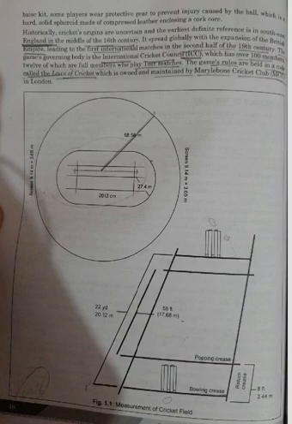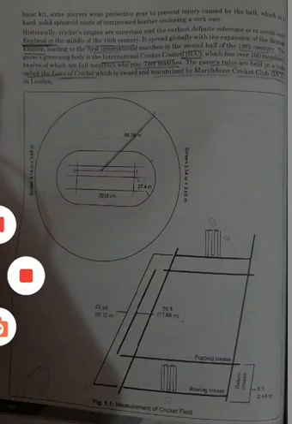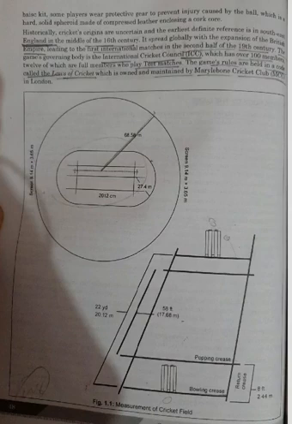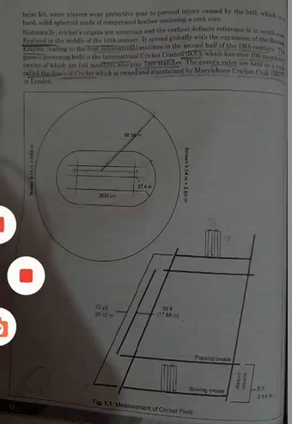After that, we will talk about the creases. There are 3 creases in cricket. One is the bowling crease, one is the popping crease for the batsman, and one is the return crease that is also for the bowler. After that, some rules and regulations of the